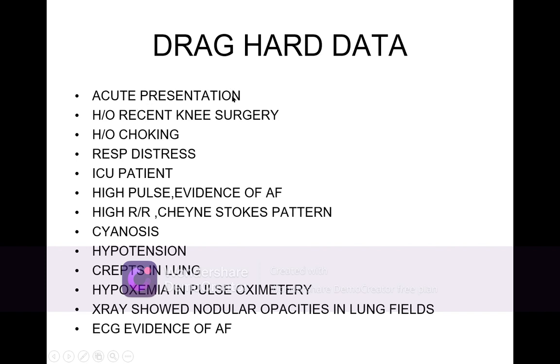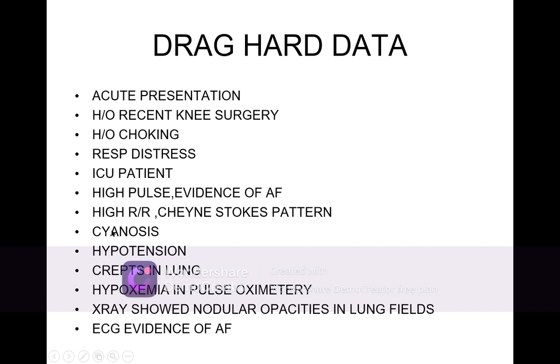has got the severe breathlessness, attack of the severe breathlessness. The history of the recent knee surgery, there was a history of choking. She was clinically in respiratory distress. She was an ICU patient, and high pulse evidence of atrial fibrillation, and respiratory rate is increased with Cheyne-Stokes